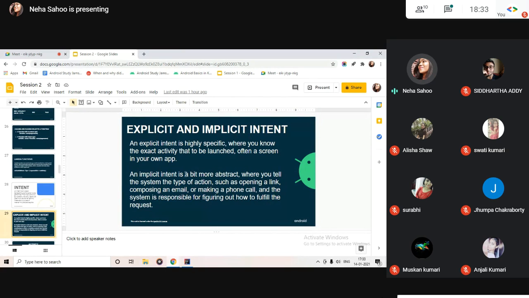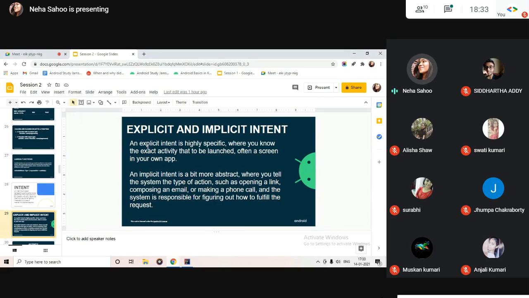The implicit intent is a bit more abstract, where you tell the system the type of action. In case of implicit intent, we need to tell what we are actually going to do, like opening a link, composing an email, or making a phone call, and the system is responsible for figuring out how to fulfill the request.